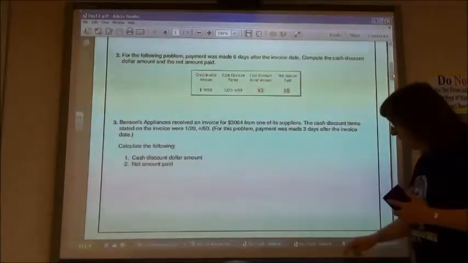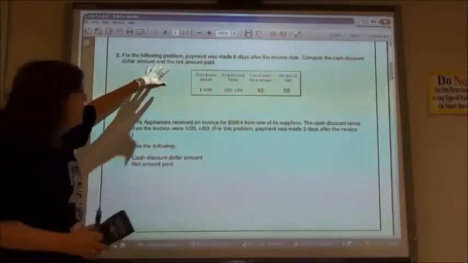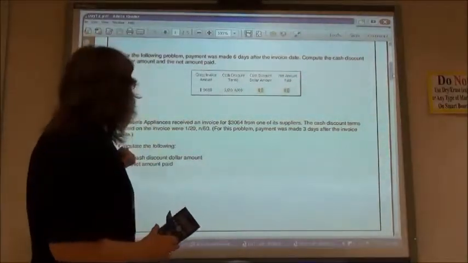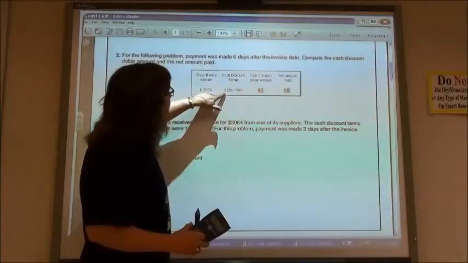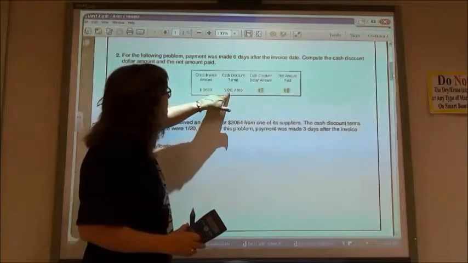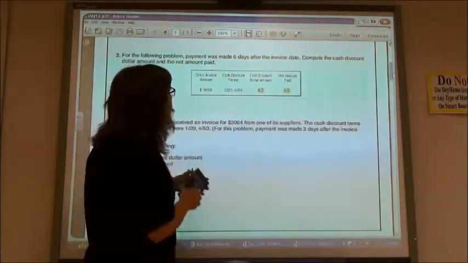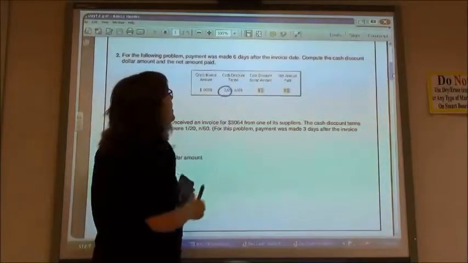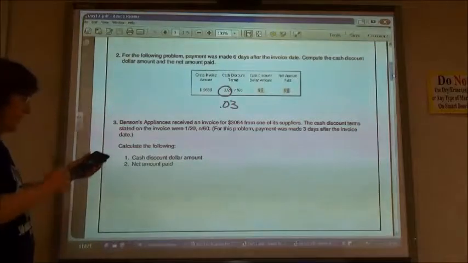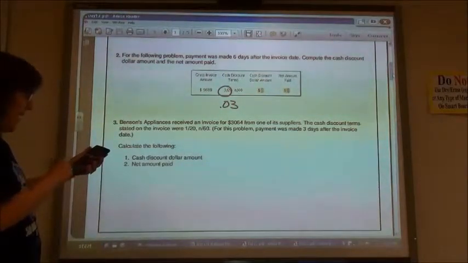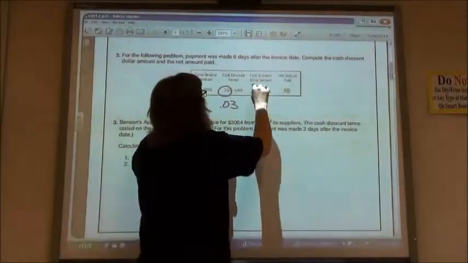So 2 and 3 are basically doing the same thing. The following problem, payment was made 6 days after the invoice date. Here I get a 3% discount if I pay it within 20 days. The net is due within 60 days. So I did pay it within that 20 days, so I'm going to get the 3% discount. So 9,688 times 0.03 means my discount is